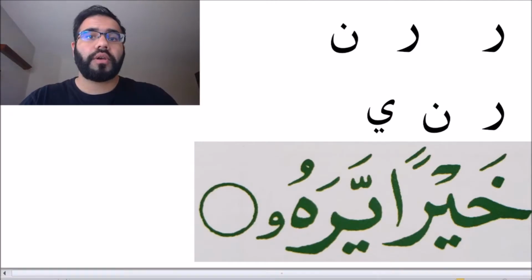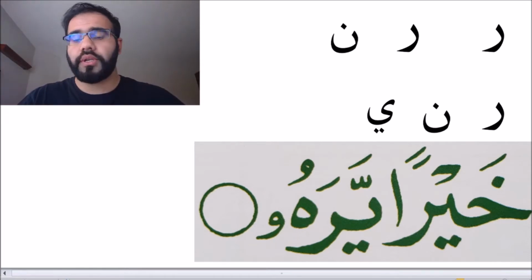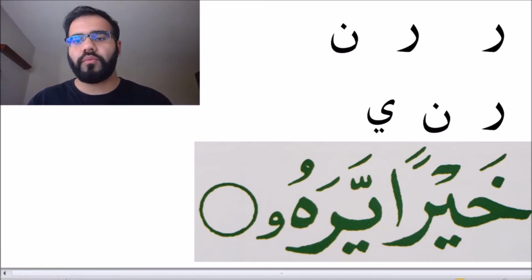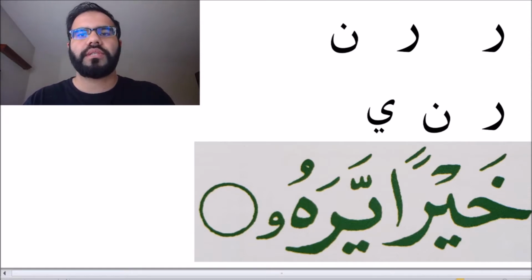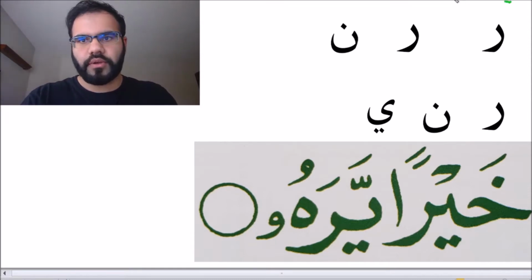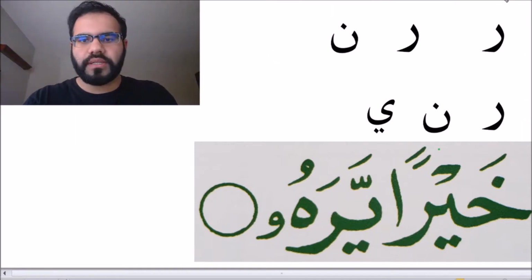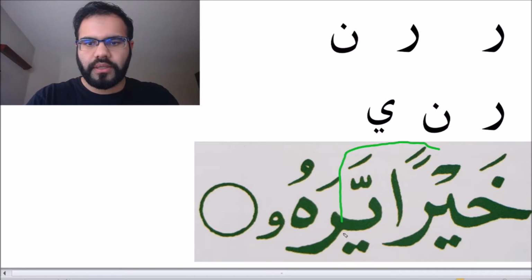Okay, so here we go. I managed to isolate them into their own little screen here. The reason why I want to do that is because we're going to take an in-depth look at some of these squares. What I want to draw your attention to is these letters at the top here. They seem to be there just randomly, right? They have a purpose. So I want to focus on this little junction right here.